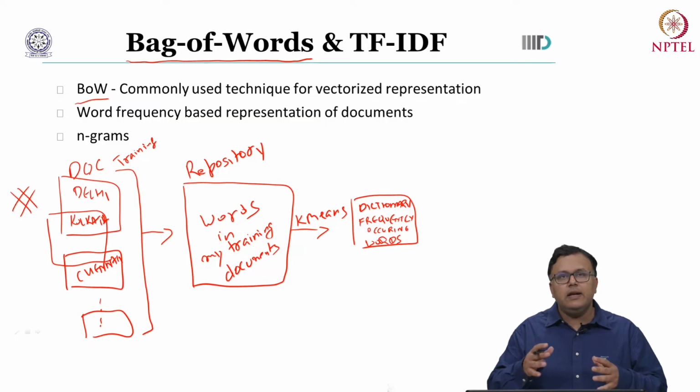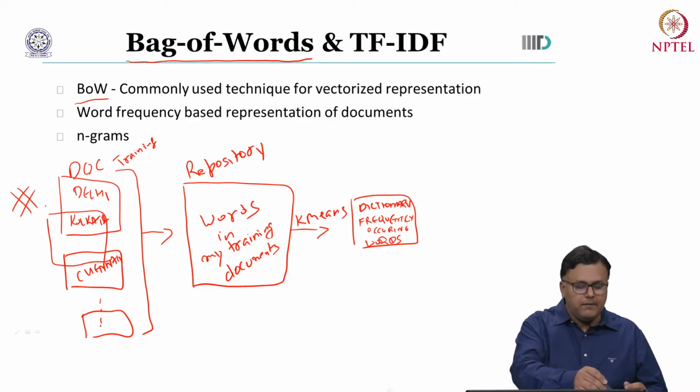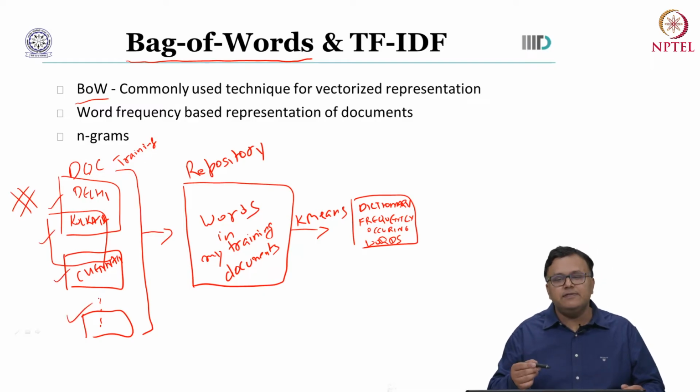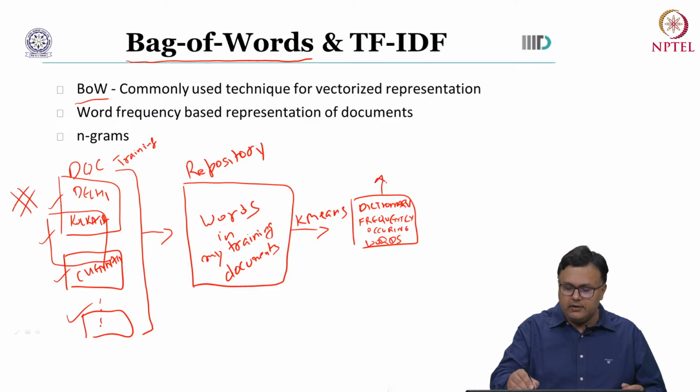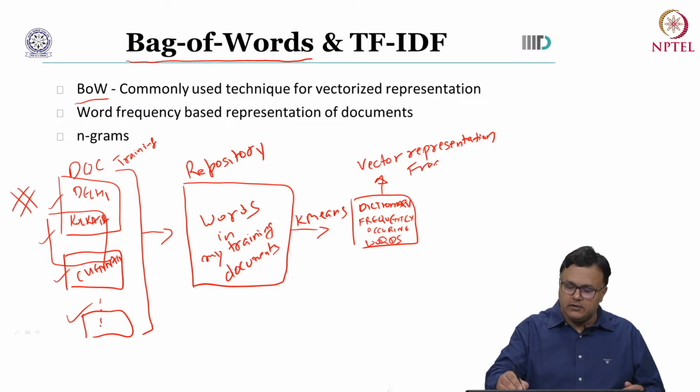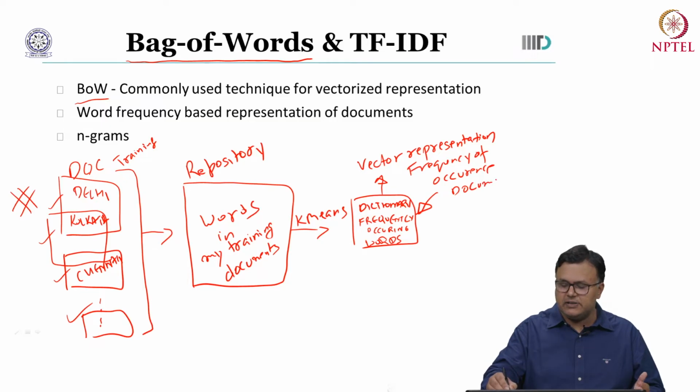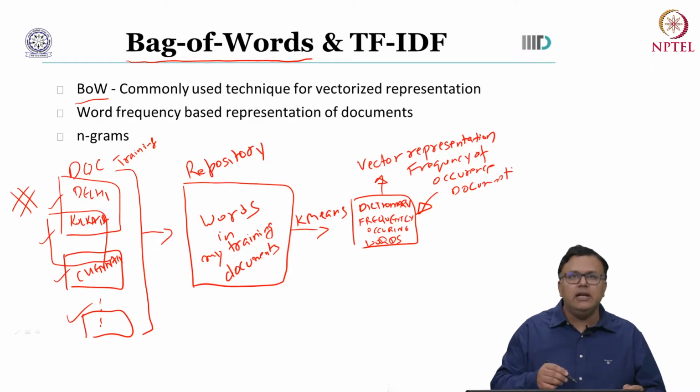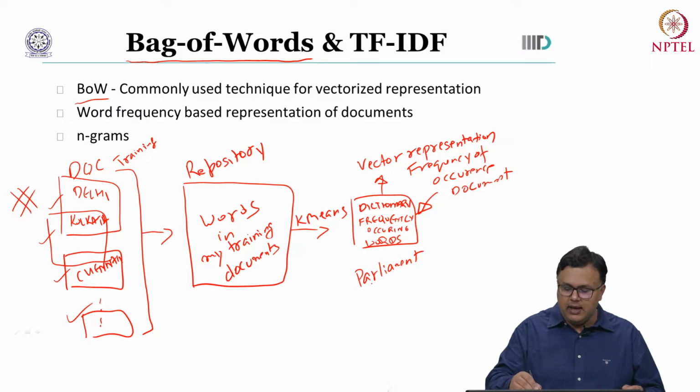You can say these frequently occurring words are the building blocks of my documents. Once I have identified them, I can have a vector representation for each document separately, which is essentially the frequency of occurrence of these important words in my document, right? For example, if we're talking about Delhi, then words like parliament, government, history